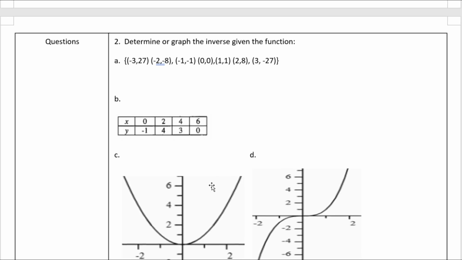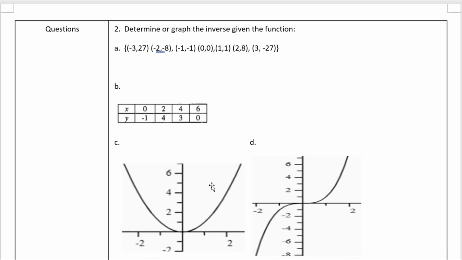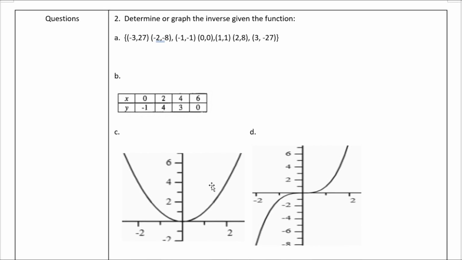So let's look at number 2. We want to determine, or graph, the inverse. Here we're given a relation, and we want to determine the inverse. Since this is the x value and this is the y value, you want to swap the x and y values. So your actual inverse is now going to be 27, -3,